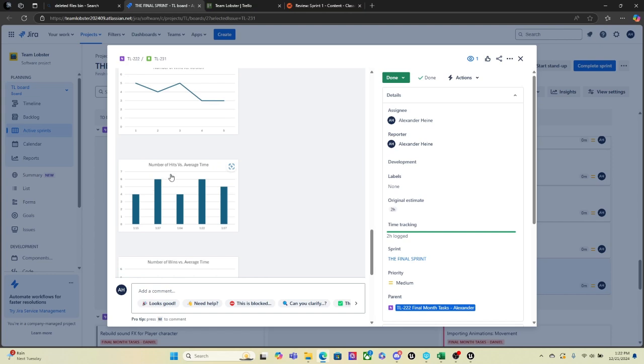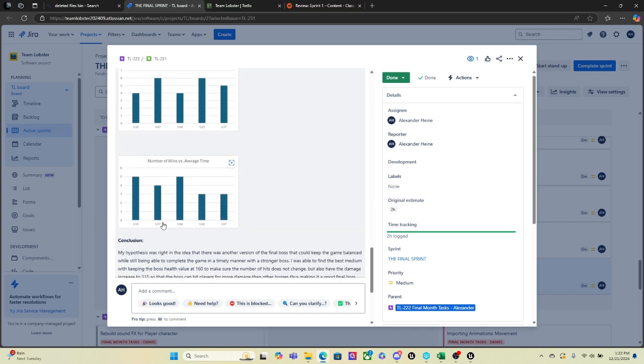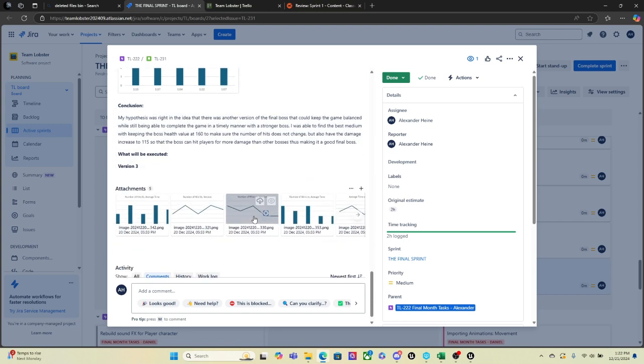Then we have the number of hits versus average time. So the number of hits, and we see the average time is 104, and it takes around 4 hits to defeat the character. So that's what we were looking for. Finally, the number of wins versus average time. So we have a very, very small average time here for version number 3, and we are winning most of the time. So in conclusion, my hypothesis was right in the idea that there was another version of the final